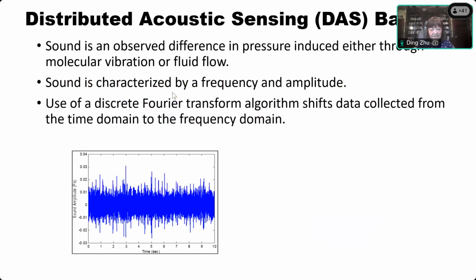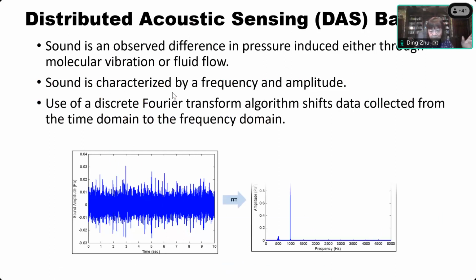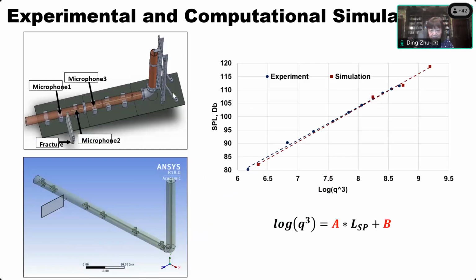Now, acoustic sensing is a little more complicated from the physics point of view. You are actually measuring the sound pressure vibration, and this is recorded as a sound amplitude as a function of time. And you can simply turn this into a frequency domain, so what frequency shows up in a certain time period. Based on this, how much sound pressure you receive is also related to what you're flowing and how